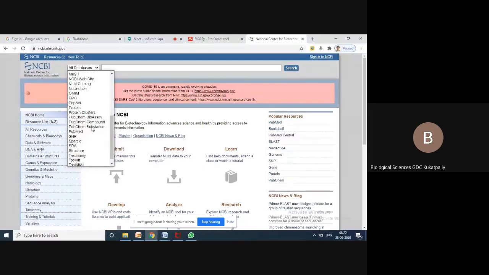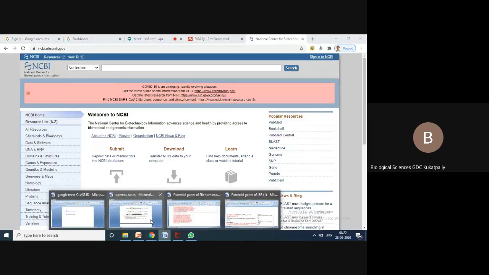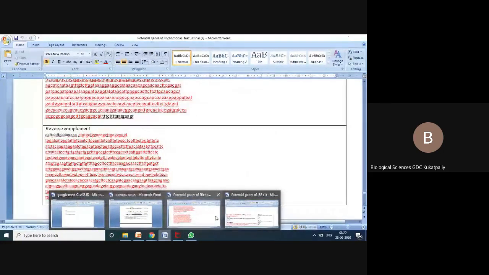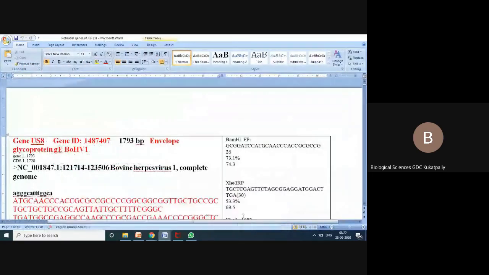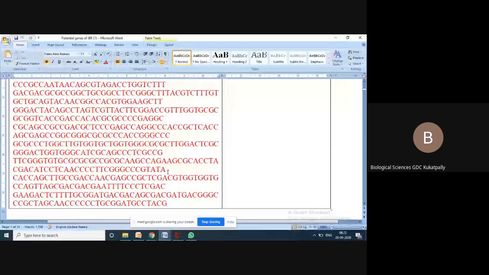Suppose let us go to nucleotide. You can go to nucleotide, and you can go to protein, right? So here I have already, later on I will tell you how to search for all that. So here I have a sequence. Just a second.